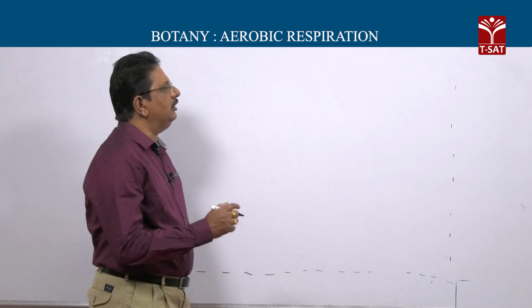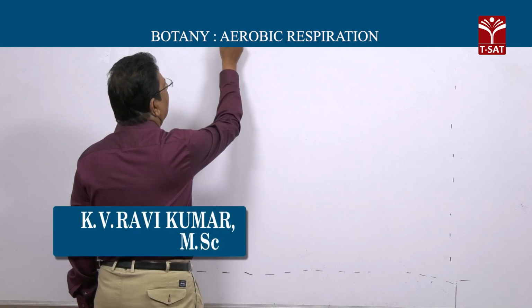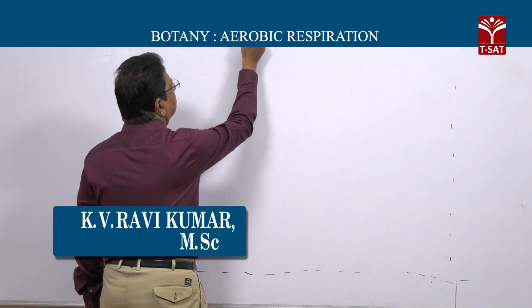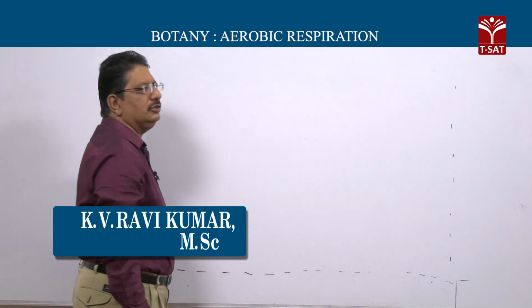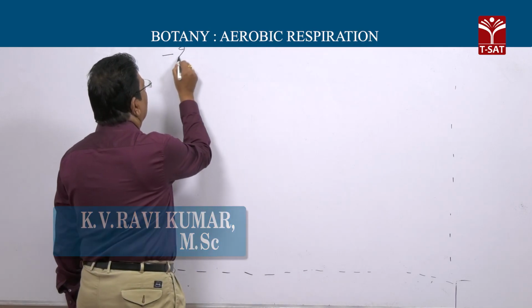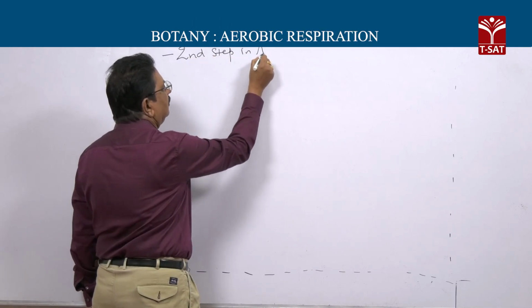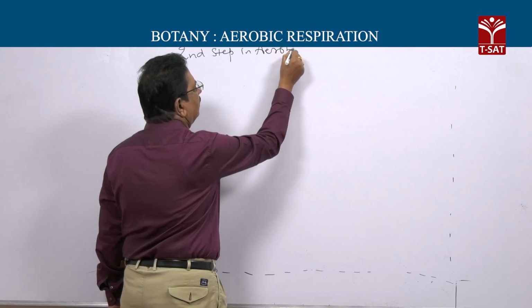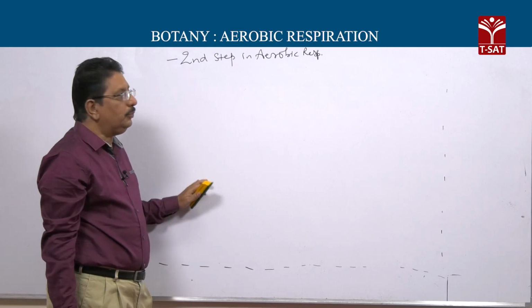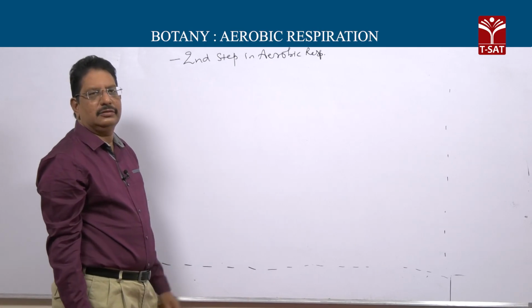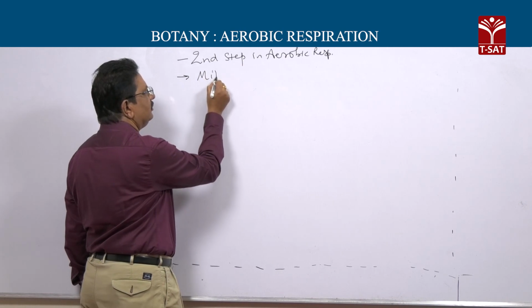The next step after glycolysis is called the link reaction. This is also known as, or considered, the second step in aerobic respiration. So where does this reaction occur? Definitely this is the reaction that takes place in